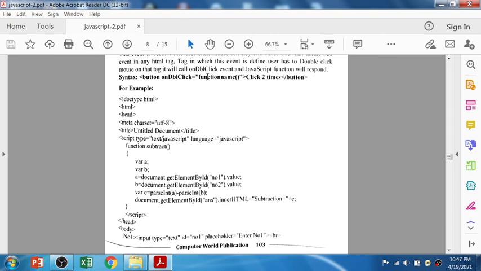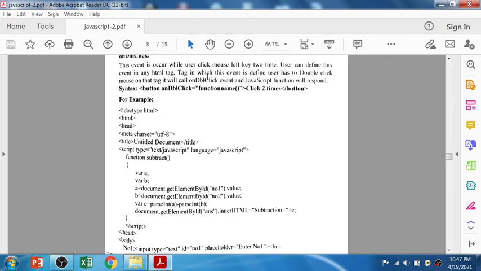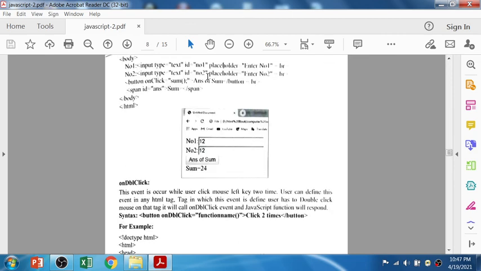But the important part is what? The important part is the button event: onclick, where C is capital, so instead of that you have to use ondblclick, with D capital, DBL click, where C is also capital. This is the keyword.